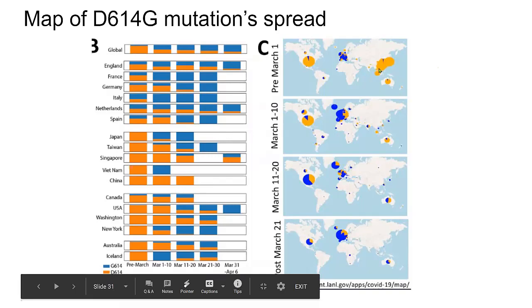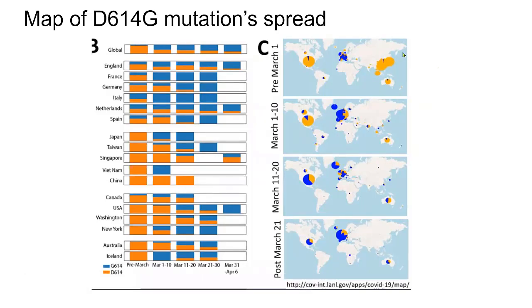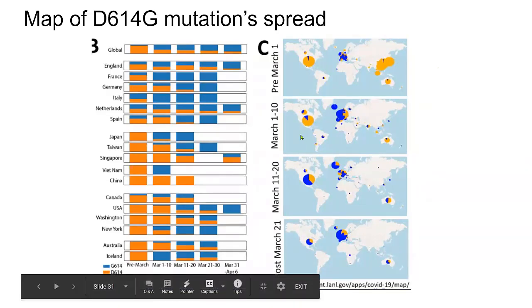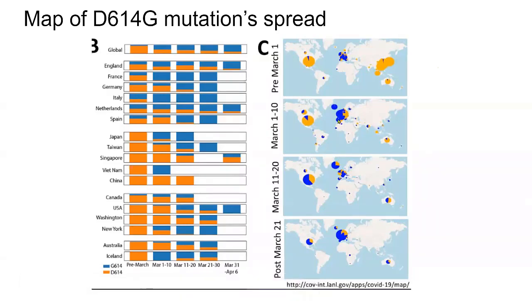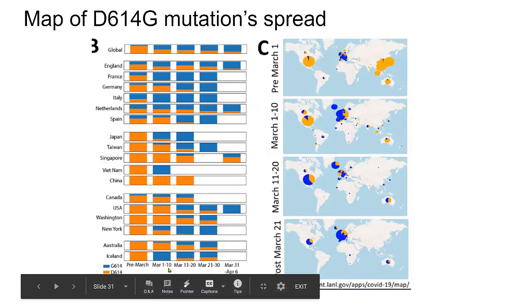So you can see here in Asia, it's almost all yellow. That's all the ancestral form of the virus. In the United States, it's almost all yellow. So the early viruses that came to the United States came from China. It's the yellow virus. Now, as we look at what happens here in a very short period of time, the blue virus is taking over. So this is global here now. And you can see, let's take France, for example. France started with mostly yellow virus, but by the time March came around, it's all blue virus.